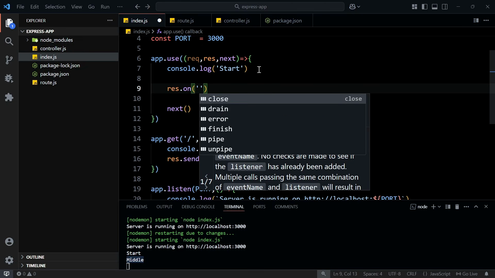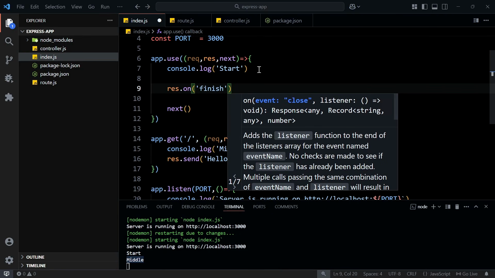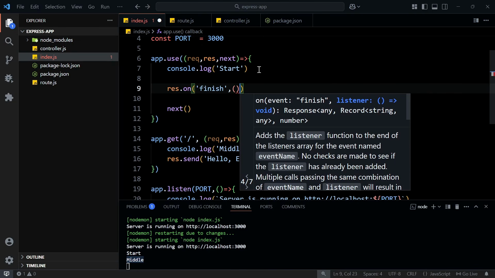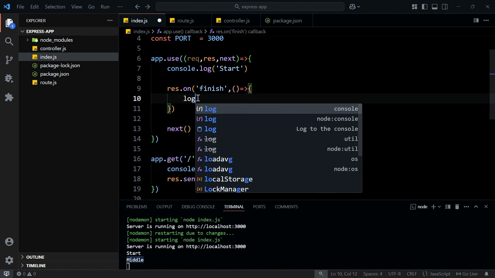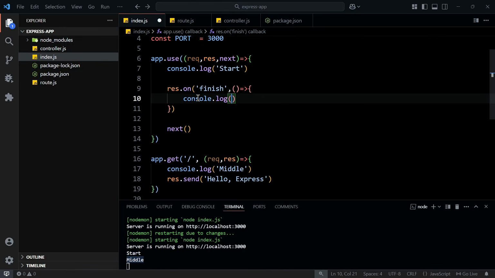So here we have multiple options for event like close, drain, error, finish. So we will choose finish, and after that we will add a callback function, and in this callback function we will add a console log. In this log we will add a message end,